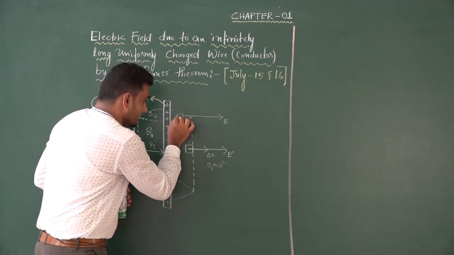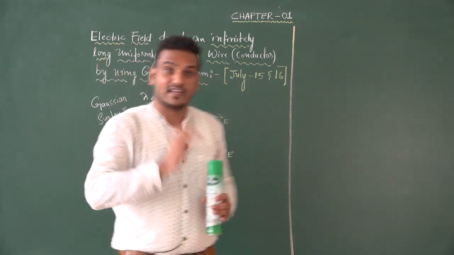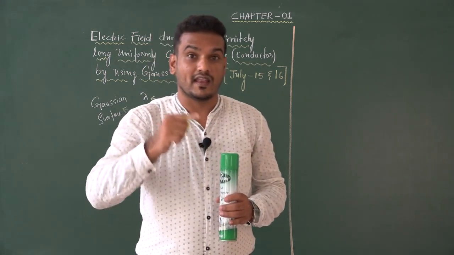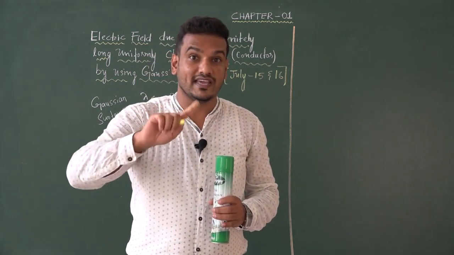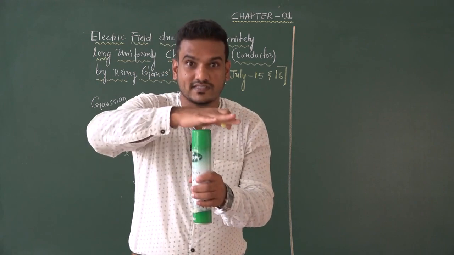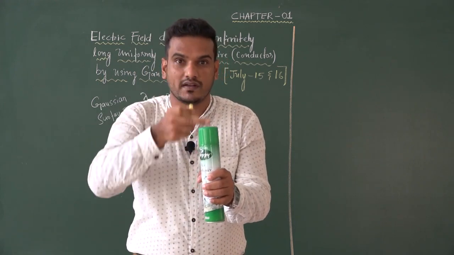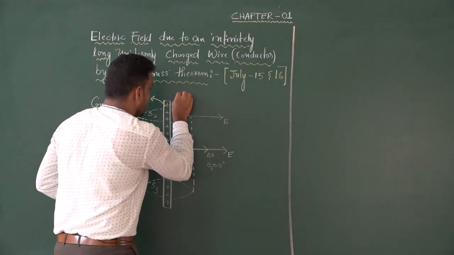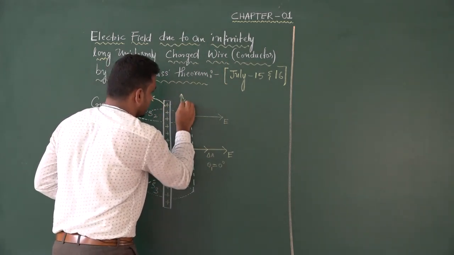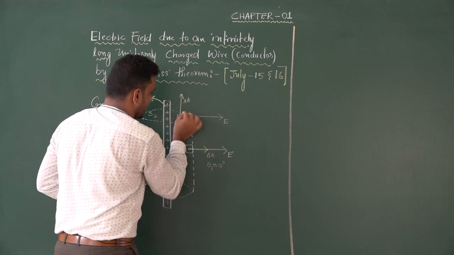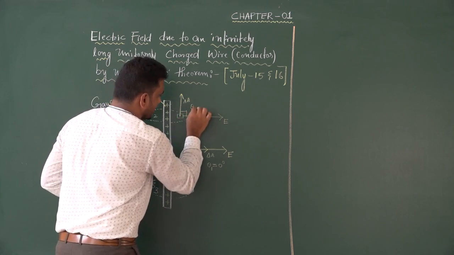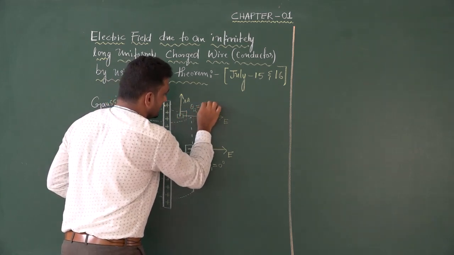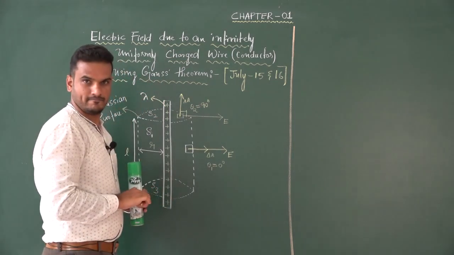But for this area element also I am writing one area vector. What is area vector? The line perpendicular to the area element. So this is the area element, we need to write perpendicular. So the area vector will be like this. For this I can give a name as delta A. Look at this. So for this I can give a name as theta 2, that is 90 degree.